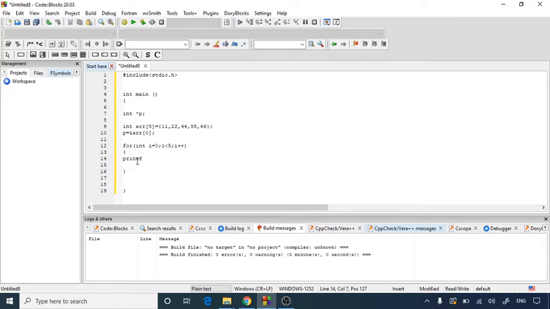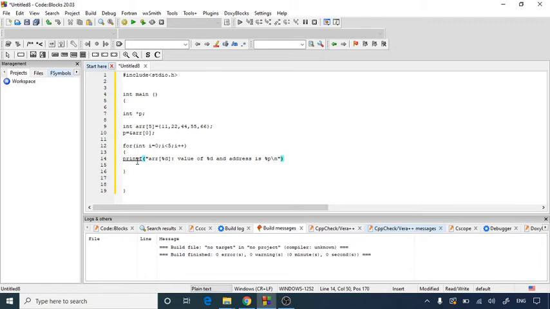So printf, we will write the statement such that arr[%d], that means our array, colon, value of the element is %d, and address is %p\n. The value will be in %d, and the address will be in %p, because %p is a format specifier for displaying an address in hex format.